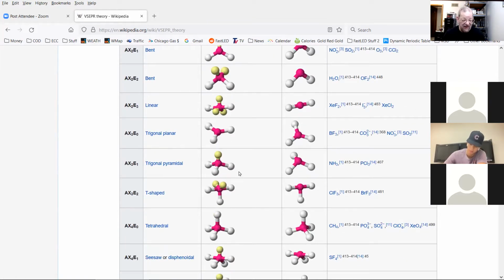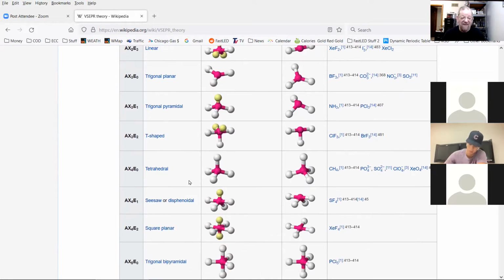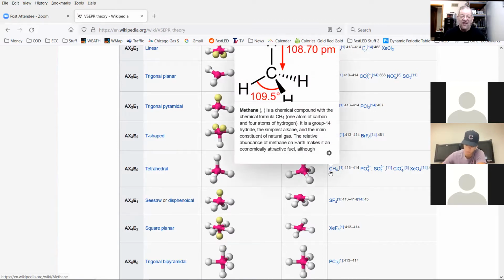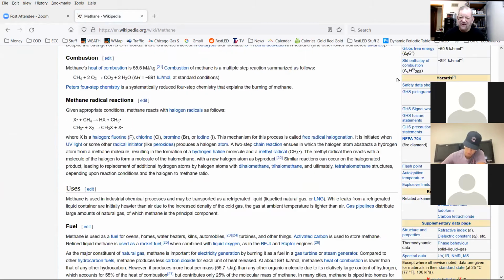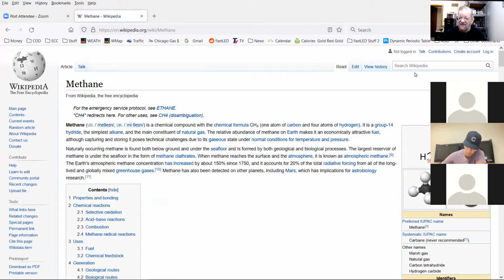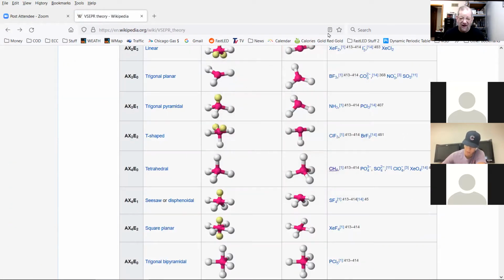Now, an important thing I'll talk about later is tetrahedral. Notice you have the red in the center, that's a carbon atom. Each ball at the end would be hydrogen, CH4, and that's your natural gas. If I click on this, they show you methane, and here you can see the picture of the molecule. So depending on how many bonded and non-bonding electrons an atom has, it will determine the shape of the molecule.